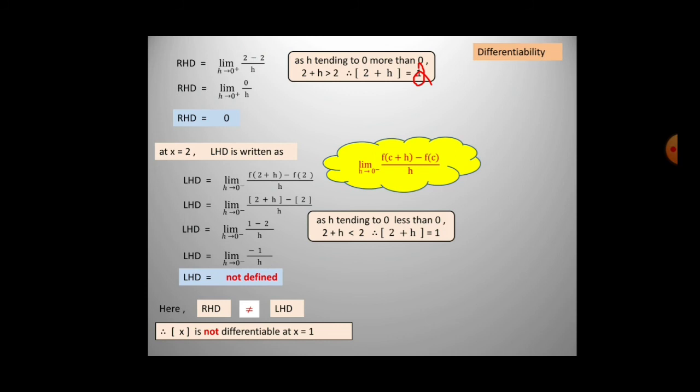So from this example, understand, if a function is not continuous at a given point, it is also not differentiable at that point. Okay, from this example you have to understand, if a function is not continuous, that is discontinuous, then it is not differentiable. Okay, so I am showing you this by drawing the graph. So next, let me discuss the same example with a graph now.